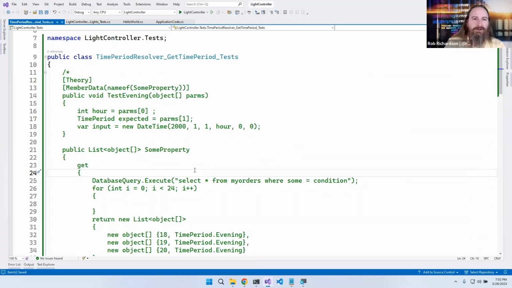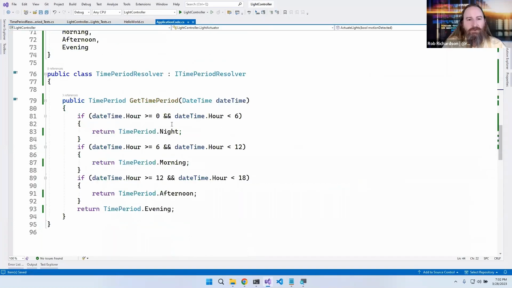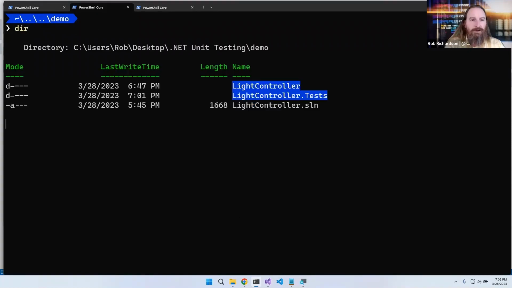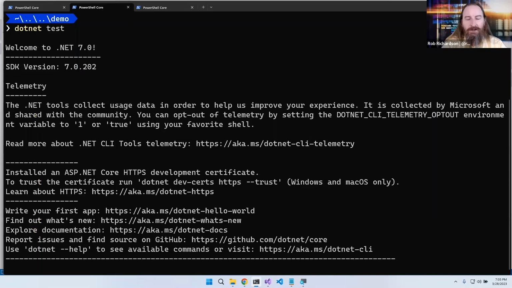So we talked about how we might take this further by refactoring our code, but let's also take this farther by running our tests continuously. We were running them inside of Visual Studio, but we could just as easily, here's the two test projects, say dotnet build, and we probably do this in our CI/CD platform, but we can also say dotnet test. And when we say dotnet test, it will actually go run all of our